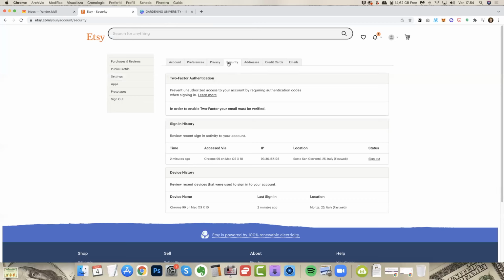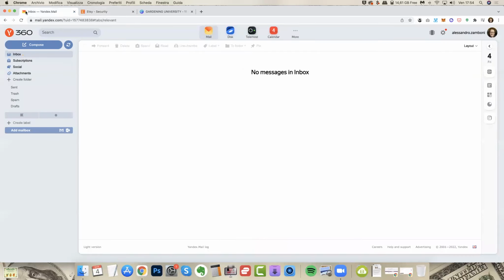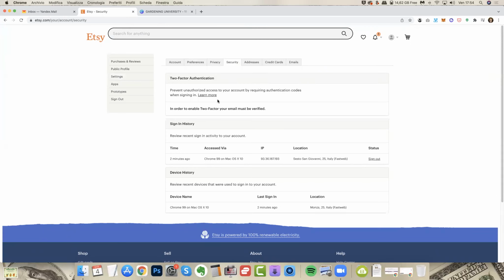Security, this depends on you. You can have two-factor authentication. You have first to check your email. Don't know why the email doesn't arrive here. Spam, neither. I don't know where it will be. I will search later for the email. So I will do this later. I suggest you to add the two-factor authentication. You can read the sign-in history and device history,